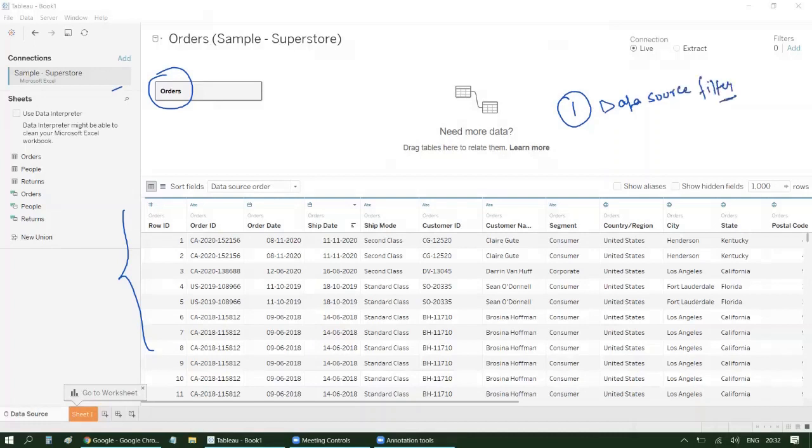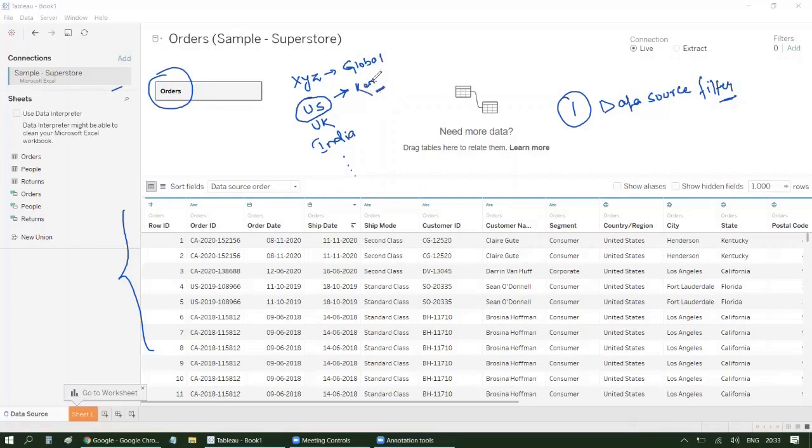What is a data source filter? So let's talk about this. Let's say you are working for XYZ company, right? This company is global. So they might have operations in the US region, they might have them in the UK region, they might have, let's say, their operation in India, right? They might have operations in many other countries. But let's say you are only working for the US region. And that too, in the US region, let's say you are only working for maybe Kentucky, right?